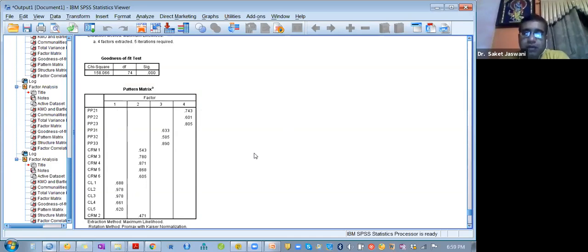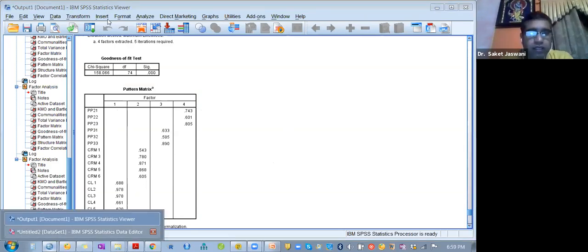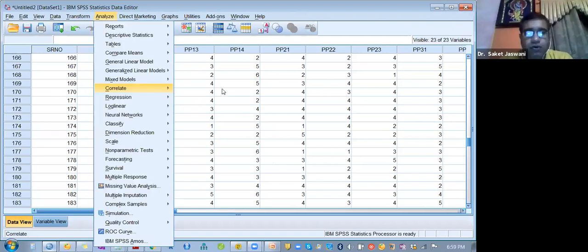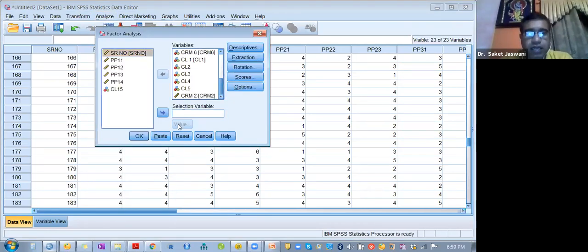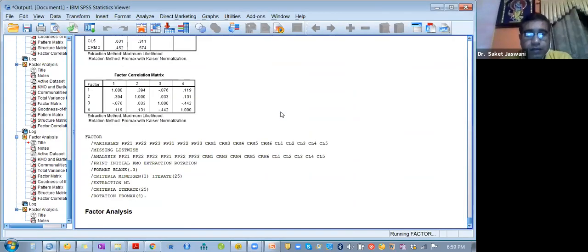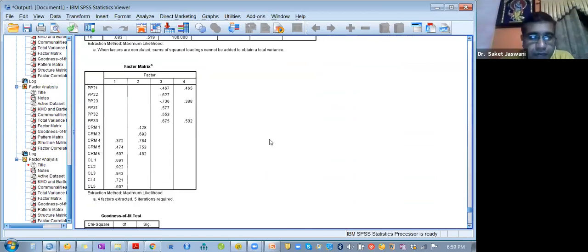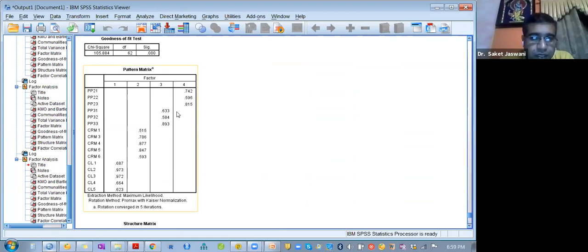सर, इन दिस केस CRM2 को भी हटा दें तो, आई थिंक। अच्छा चलो, ओके, एक और आगे बढ़ते हैं सतबीर जी के रिकमेंडेशन पे, हम CRM2 भी हटा के देखते हैं। गो टू फैक्टर अगेन एंड CRM2 हटा दो तो शायद परसेंटेज बढ़ जाए, फाइन, ओके। परसेंटेज 58, थोड़ा सा बढ़ा, ठीक है। पैटर्न मैट्रिक्स देखें।